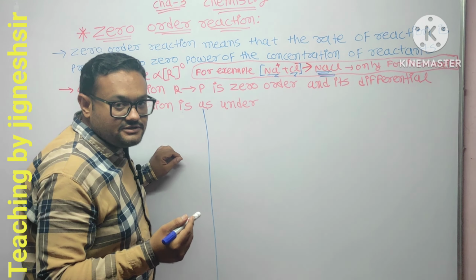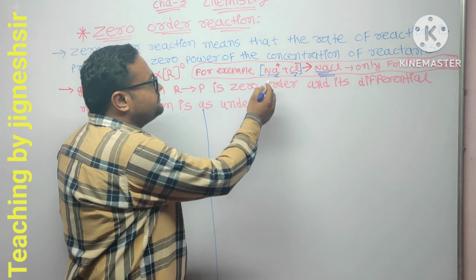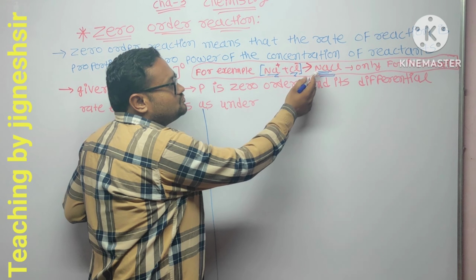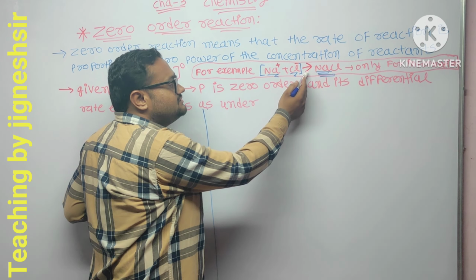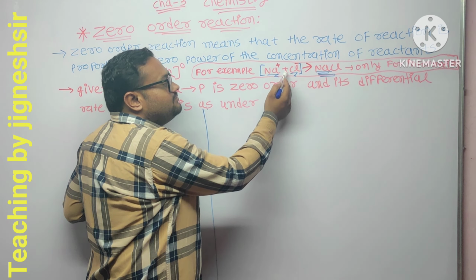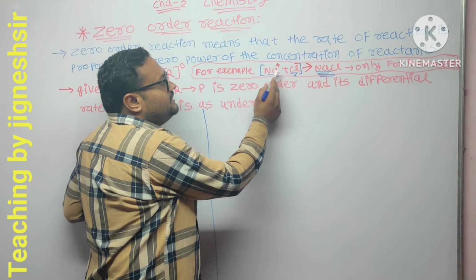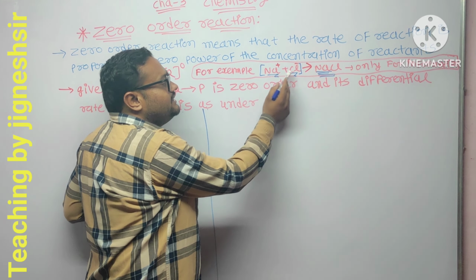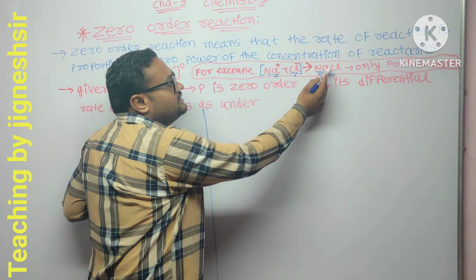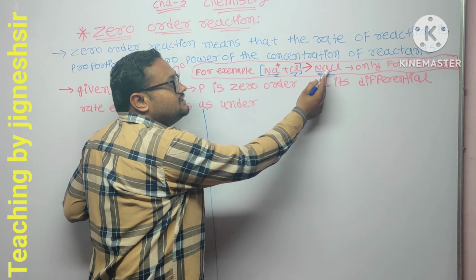What are the reactant and product in a process? For example, Na plus Cl gives NaCl. Before the arrow is known as the reactant, so in this process Na and Cl are called reactants, and after the arrow is NaCl. Therefore NaCl is a product.